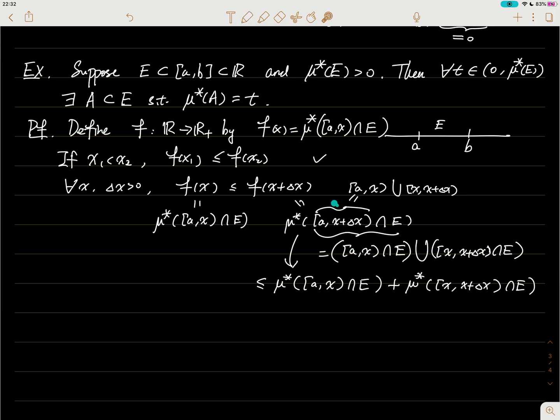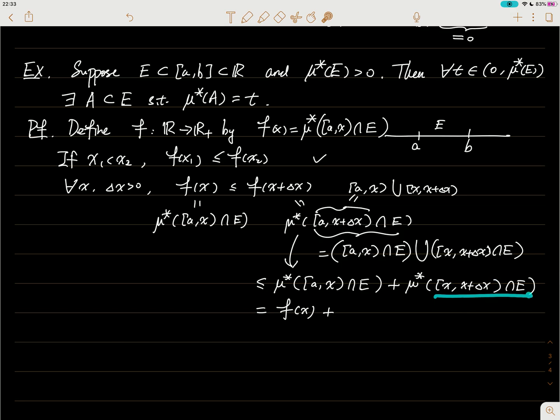Since this set is the union of these two, the outer measure of this union is less than or equal to the sum of the outer measures. So I got this, and you can see that this is equal to f of x. Okay, and that's the first term. The second term must be less than or equal to the outer measure of this,